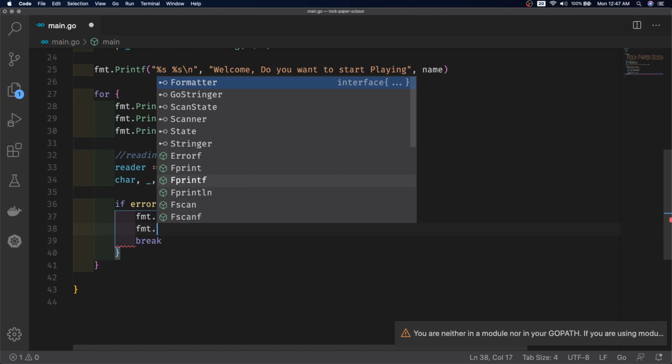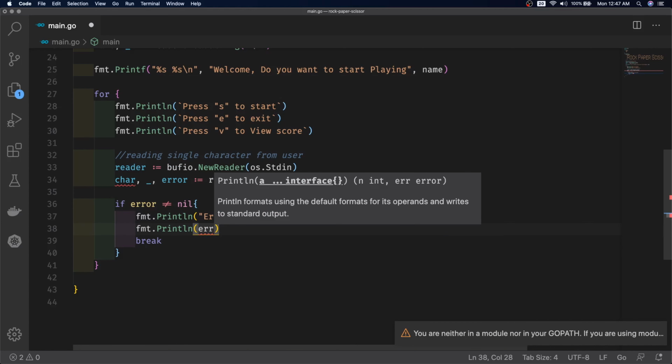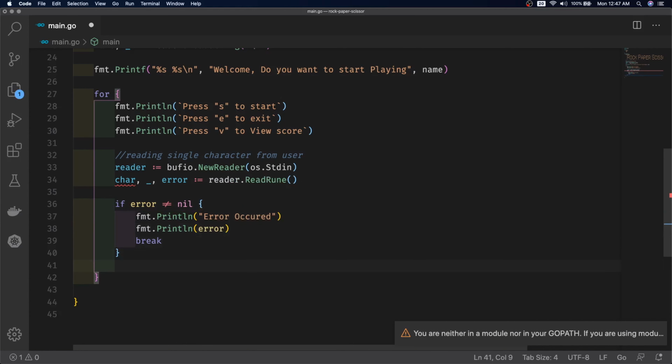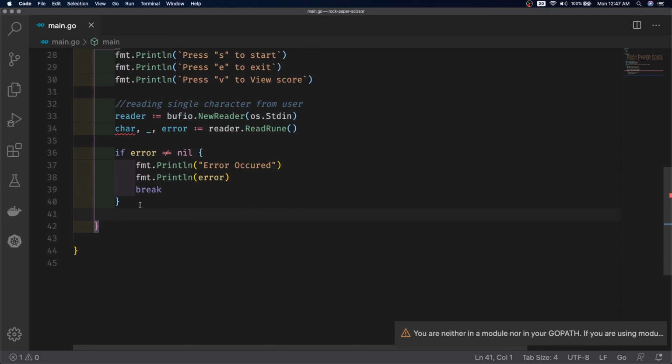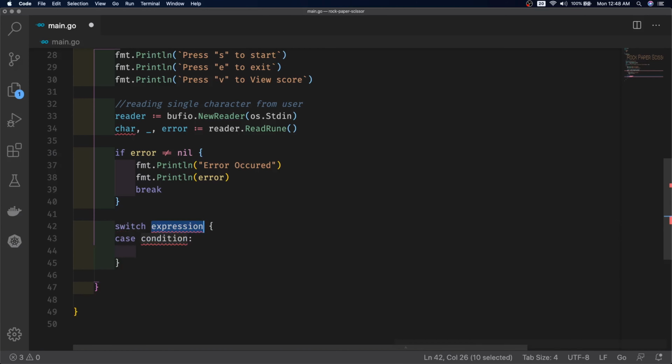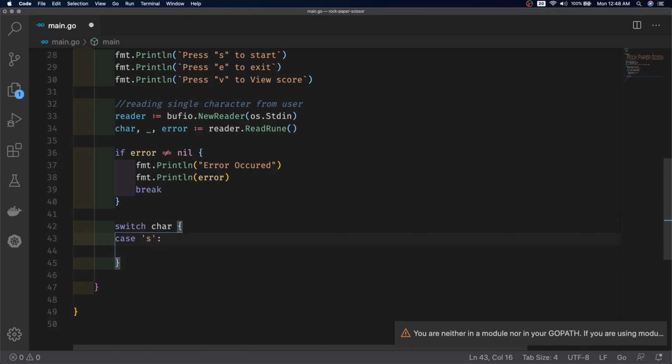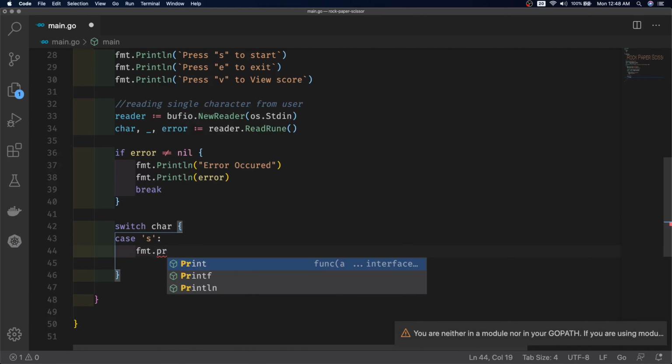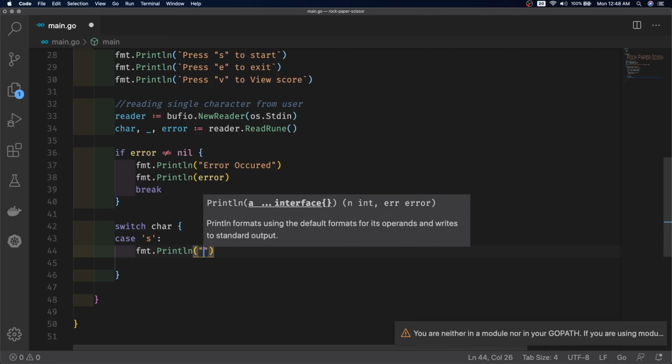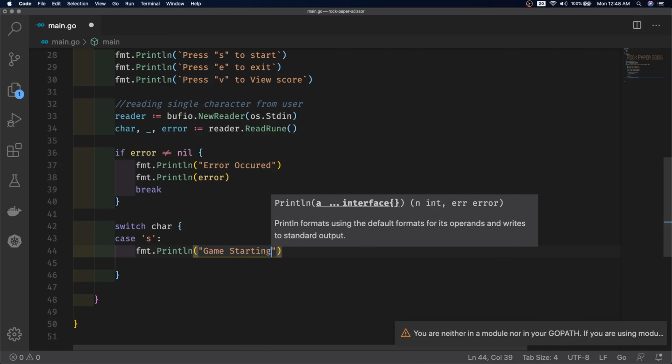Now we are checking whether any error came in this ReadRune function. If any error came, I'm simply printing that and exiting from the loop. So here I'm using a switch case.